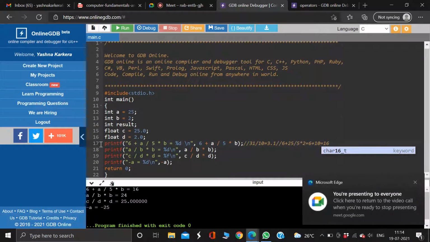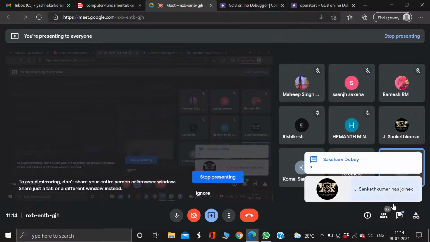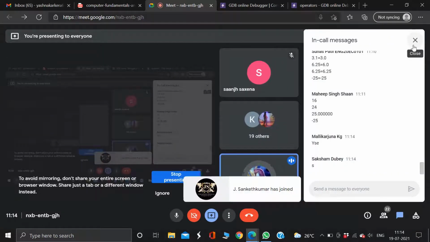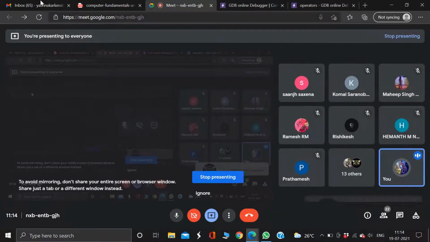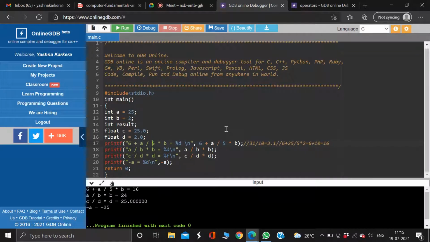Saksham, is this clear? Always remember the BODMAS rule. See, if you don't put brackets, it is calculated as before. But what if I put brackets here? If I put brackets here, then the brackets will get calculated first, because remember the rule of BODMAS: brackets first, of next, division next, multiplication next. So if division is there, it will first divide, then multiply, then add.